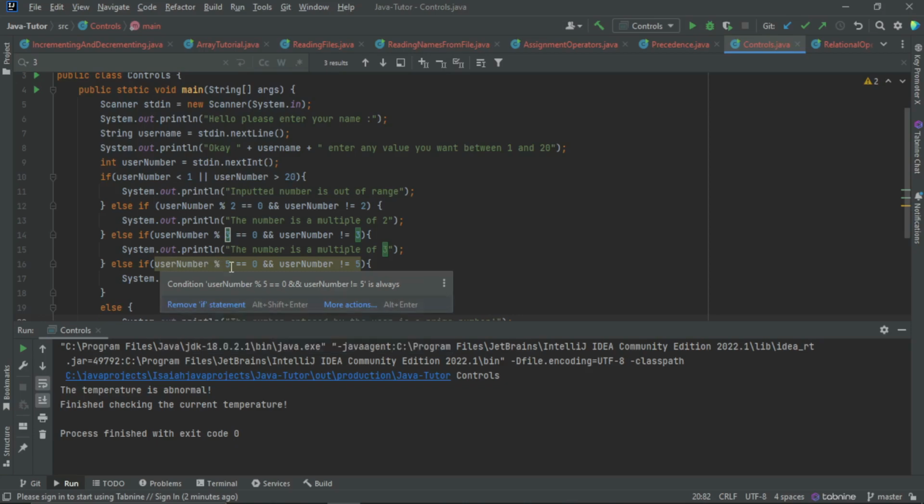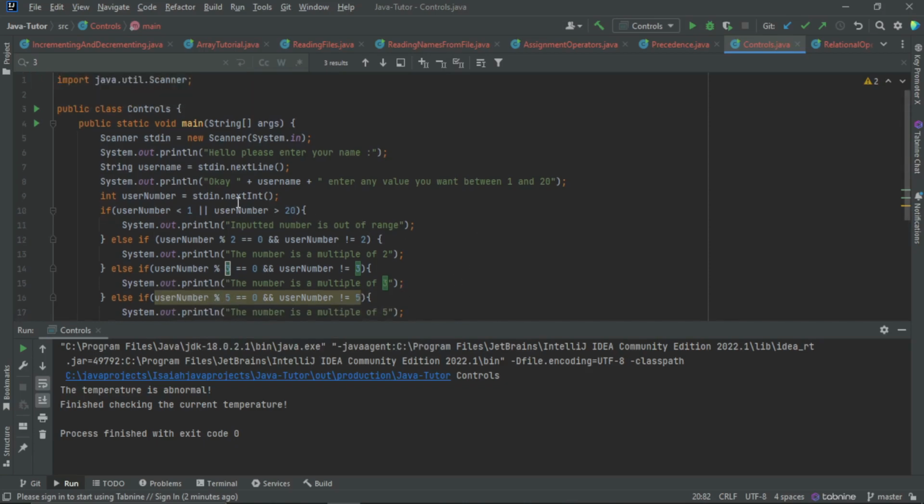Okay, and there's something I can also do to remove this warning. Just thought about it. Okay, let's take a look. It says the user should enter a value between 1 and 20. Now our first condition is to check if this number is in that specified range. So if it is less than 1, that means 0 and any other negative number, or if it's above 20, which is 21 and above, then this program should simply print out imputed number is out of range and the